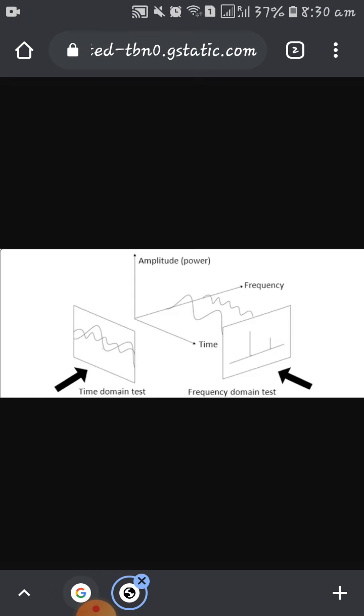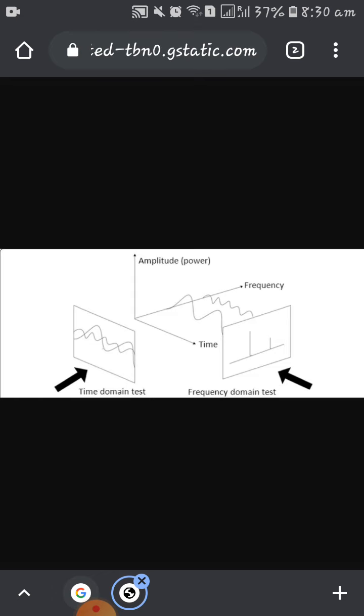How it is represented is, in the time domain, all you can see is a waveform, and in the middle you are having two different waves, which means that you are making the signal into a combination of sinusoidal frequencies. That is what we have seen in the definition, right? Any signal can be represented as a combination of sinusoidal frequencies. The first wave has one frequency and the second wave has a different frequency. So at each frequency you will get a peak in the frequency domain. That is why we go for frequency domain analysis.